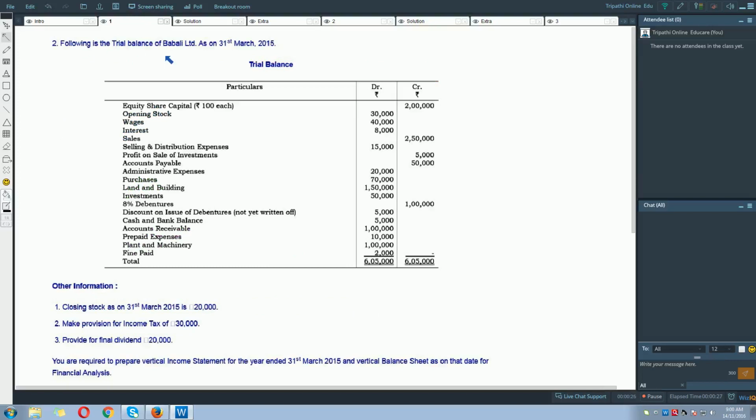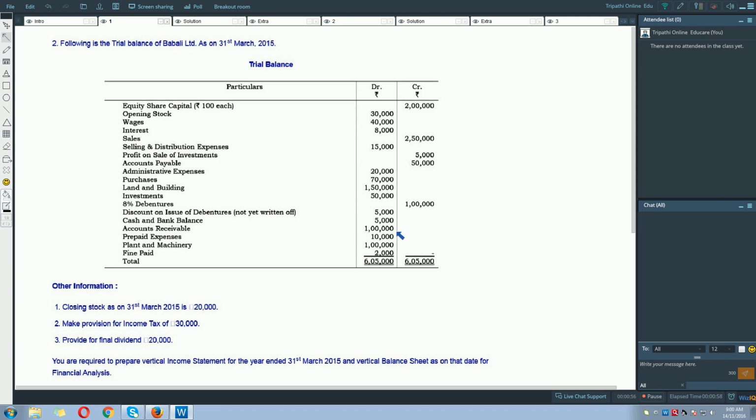Following is the trial balance of Bubbly Limited as on 31st March 2015. Trial balance, particulars, debit column, credit column: equity share capital 2 lakh, opening stock 30,000, wages 40,000, interest 8,000, sales 2,50,000, selling and distribution expenses 15,000, profit on sale of investment 5,000, accounts payable 50,000, administrative expenses 20,000, purchases 70,000, land and building 1,50,000, investment 50,000, 8% debenture 1 lakh, discount on issue of debenture not yet written off 5,000,